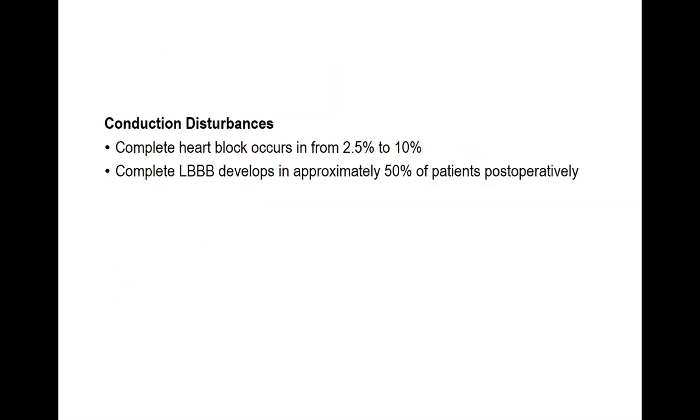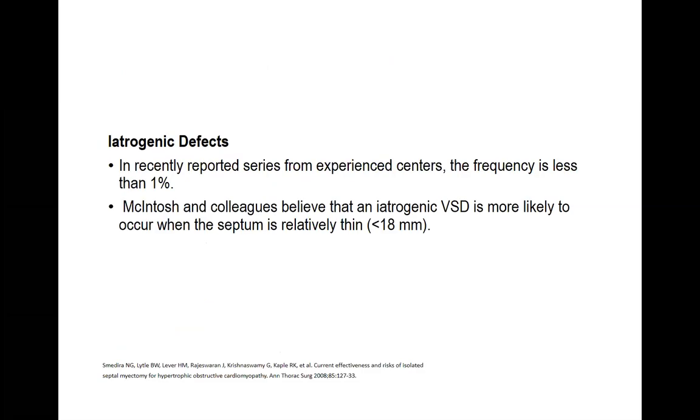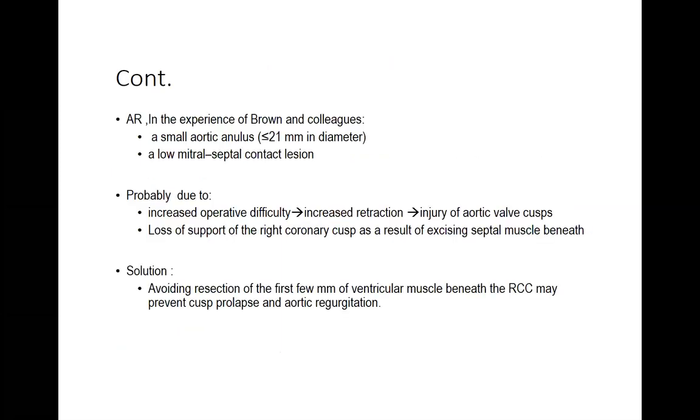Conduction disturbances: complete heart block can happen in up to 10%. Complete left bundle branch block develops in approximately 50% postoperatively. Iatrogenic VSD is rare, it happens in less than 1%. McIntosh and colleagues believe that it is likely to happen if the patient has a septum less than 18 millimeters. AR sometimes can develop, especially if you have a small aortic annulus and a low mitral-septal contact lesion,